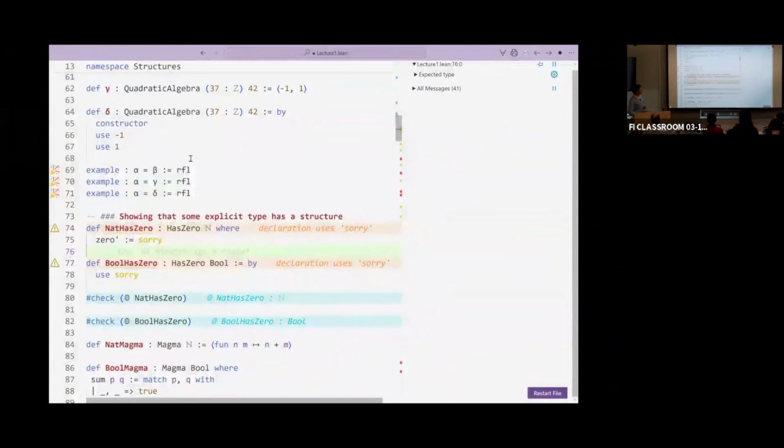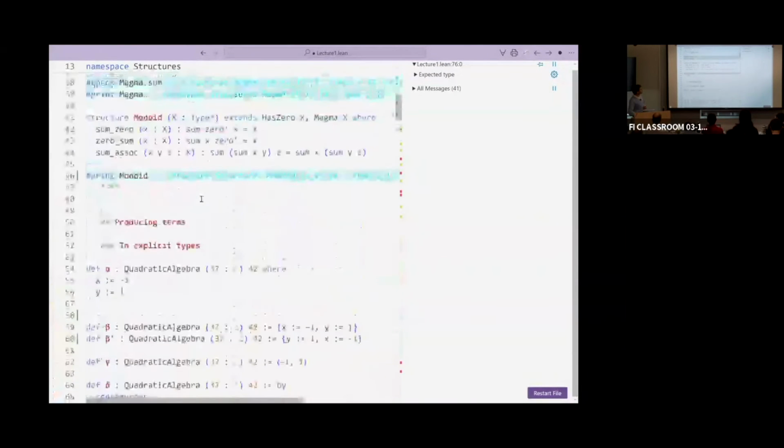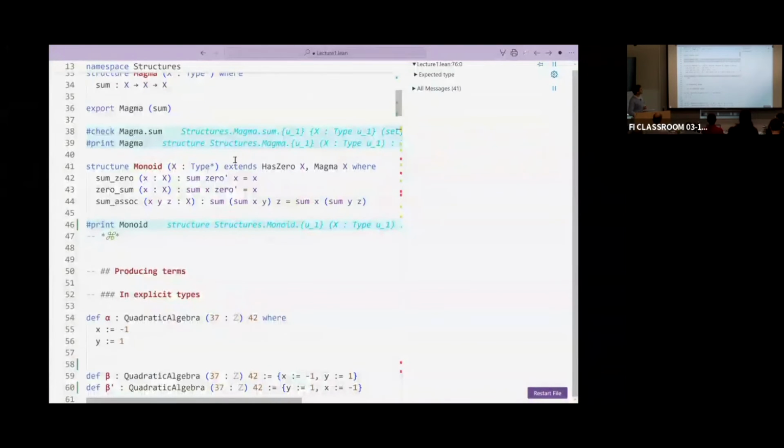Let's go back to what a monoid was. A monoid was a way of bundling structures on X, in the same way as the quadratic algebra was a way of bundling two terms of R in a certain way. So the fact that you're bundling stuff allows you to define very explicit types, or to encode the idea that a certain type can be endowed with a certain mathematical structure.